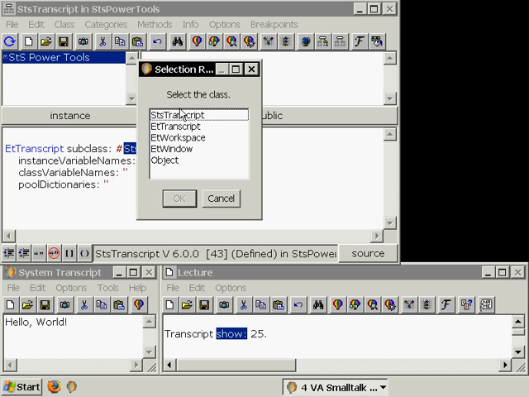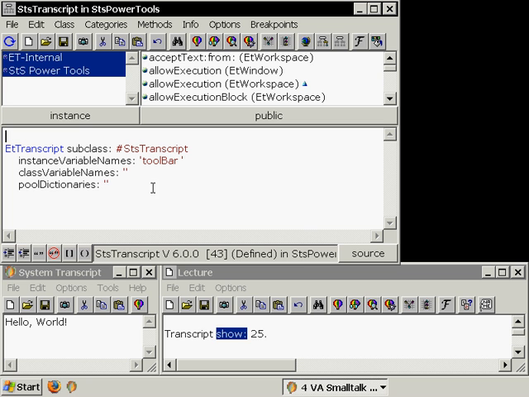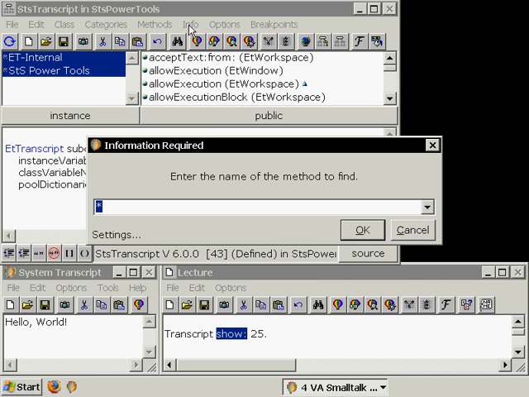And look, this is our hierarchy upside down. So we are inside of this class right now. Its superclass is this, and one more, and finally Object. Well, I can say I want to see all the methods implemented from the STS transcript to the ET window class. Okay, so we have many more methods here. Okay, great. Now I do right click, find,